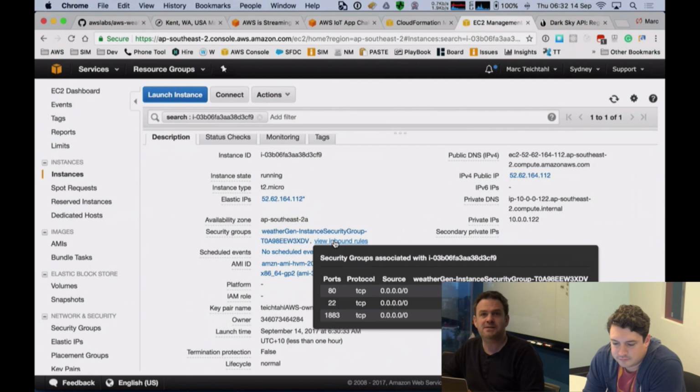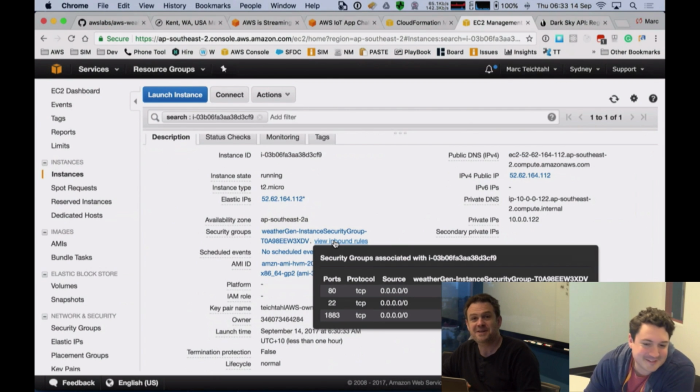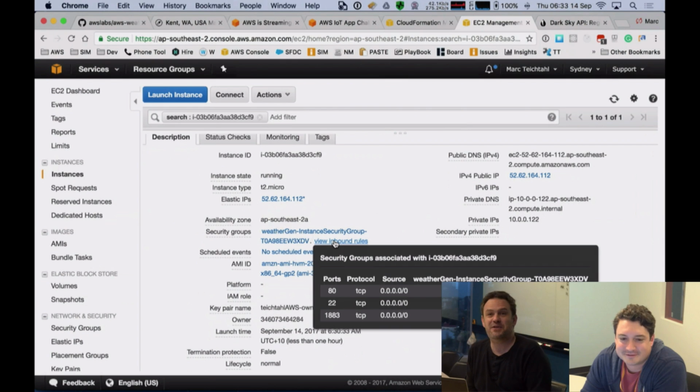We're allowing that. You guys might want to put a little web server on this instance to serve some extra data for your application. We're allowing port 22, which is SSH, but we're also allowing port 1883. Do you want to take a guess what 1883 is, Ryan? Say again, Mark? Do you want to have a guess what port 1883 is?